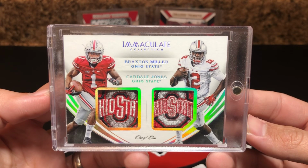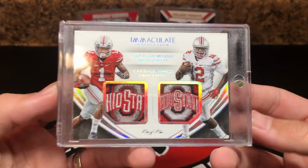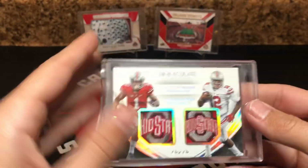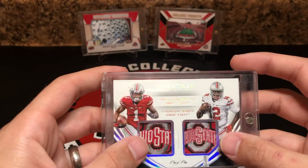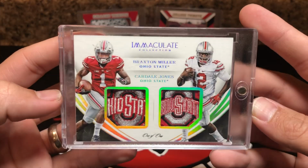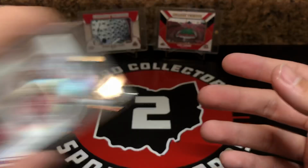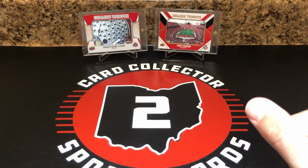That is special. I don't think it's game used, but I honestly don't really care. It's great looking. I mean, that's for a Buckeye fan, this is a little slice of heaven. So super cool. 101 Braxton Miller and Cardale Jones. Number 2,